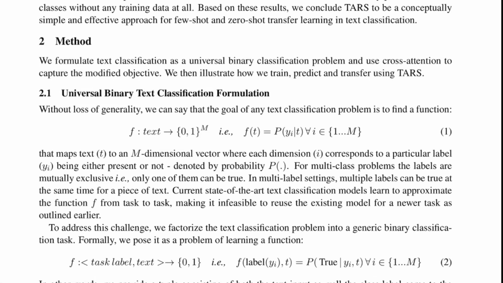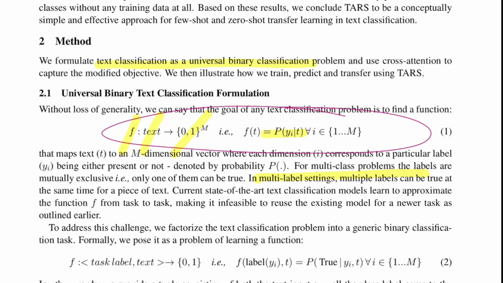So they formulate every text classification task as a universal binary classification problem. If you see this equation, this is how a typical text classification would work. You want to learn a function f that takes in an input text and then maps it to a one-hot encoded vector of m dimensions, where m is nothing but the number of classes that you have in the output. So that's the probability you want to learn. Now in the case of multi-class classification, you would have one output, so that will have a softmax over this entire size m. Whereas under the multi-label classification setting, since multiple labels can be true, you can have multiple ones